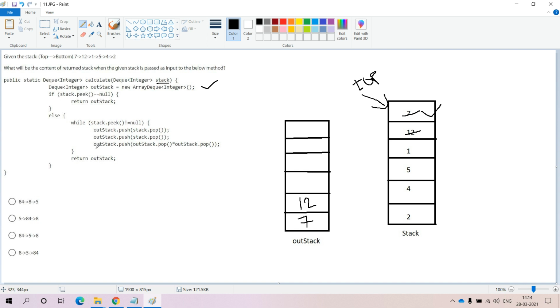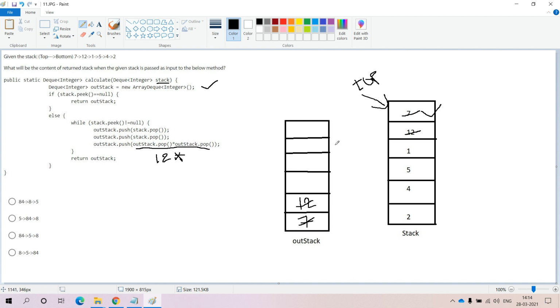And coming to the next line in the same while loop, within the output stack, we are pushing one more element. That element is the result of an operation: from the available output stack, we have to pop the first element, that is nothing but 12. We are popping 12 with output stack dot pop. We have to pop one more element from the output stack.